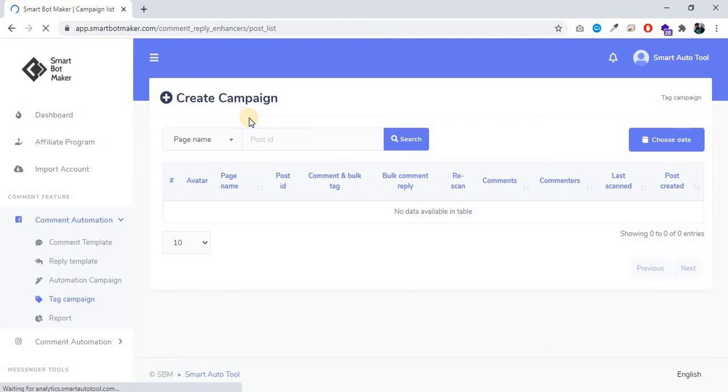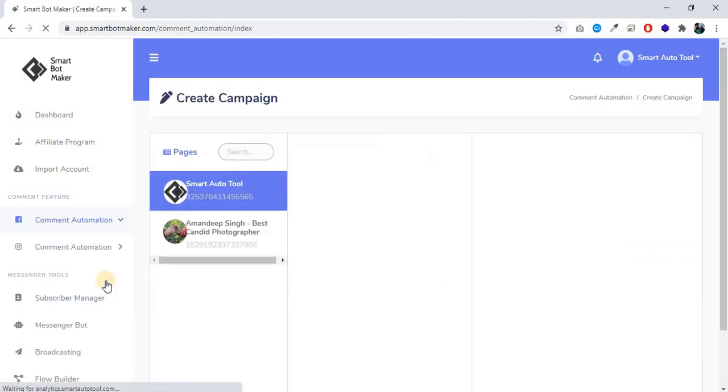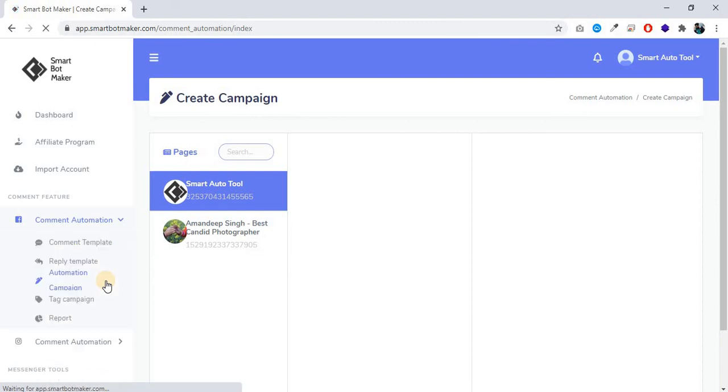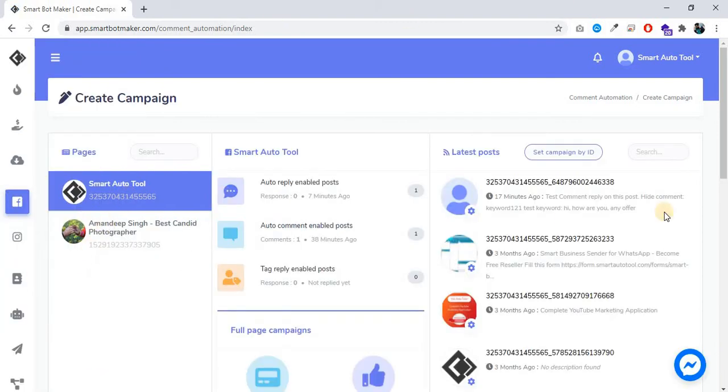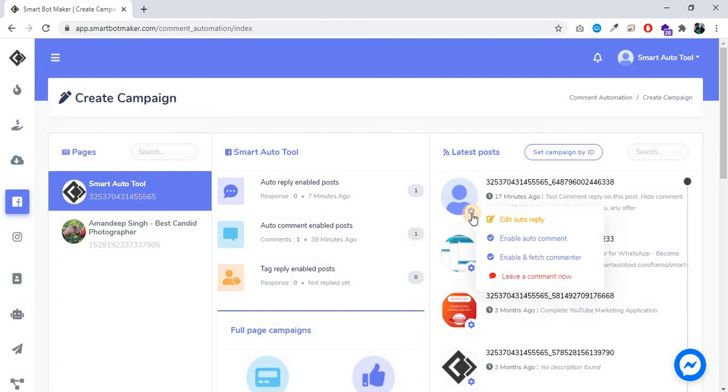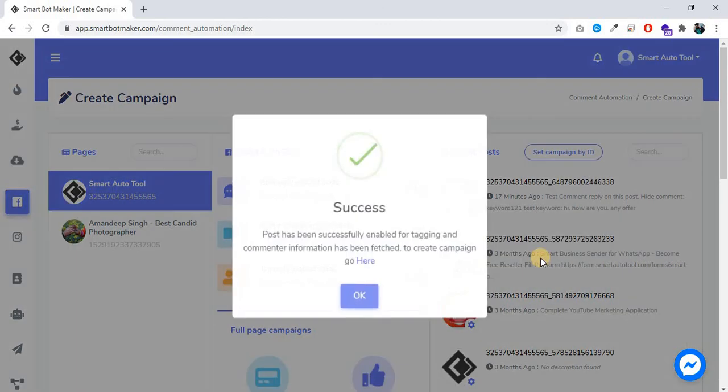There is no campaign created, so go to automation campaign. Select the page, click on the gear icon from the post, enable and fetch commenter. Post has been successfully enabled for tagging and commenter information has been fetched. To create campaign, go here, click on it.